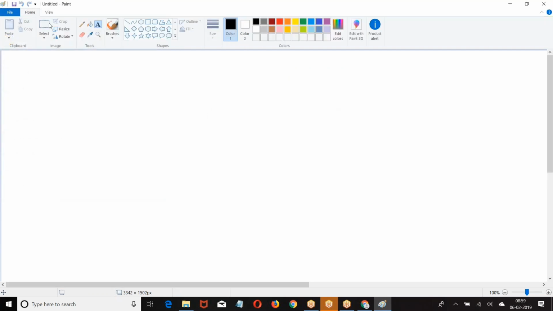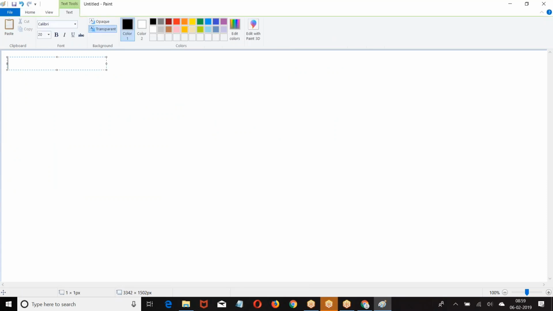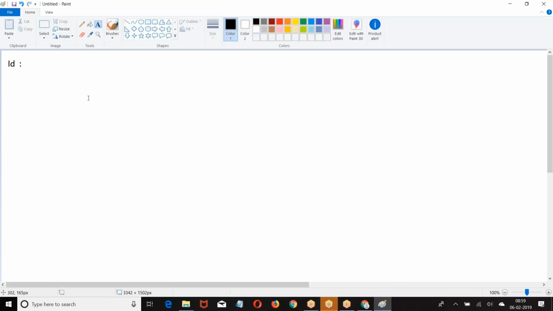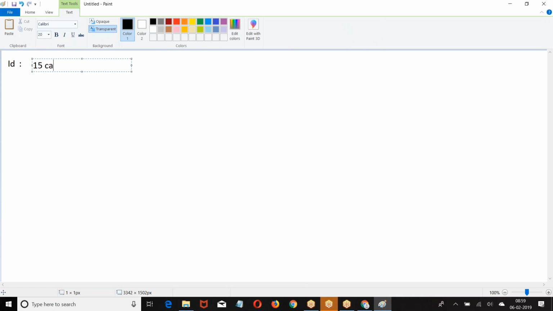Now, what are the system fields? Let us start with the first system field, ID. What is this ID? Please mute your mics. ID. Salesforce by default creates a 15 character ID